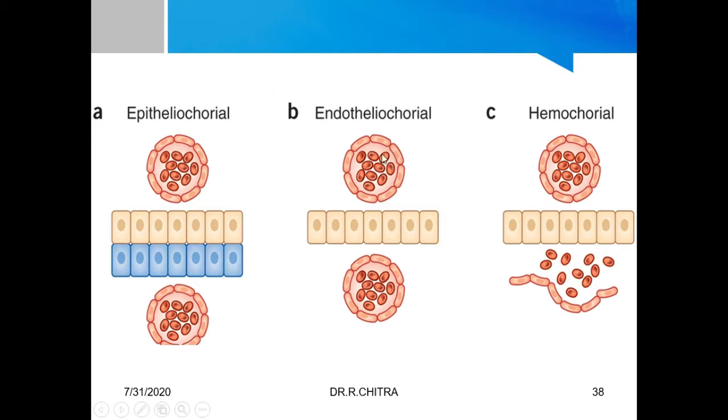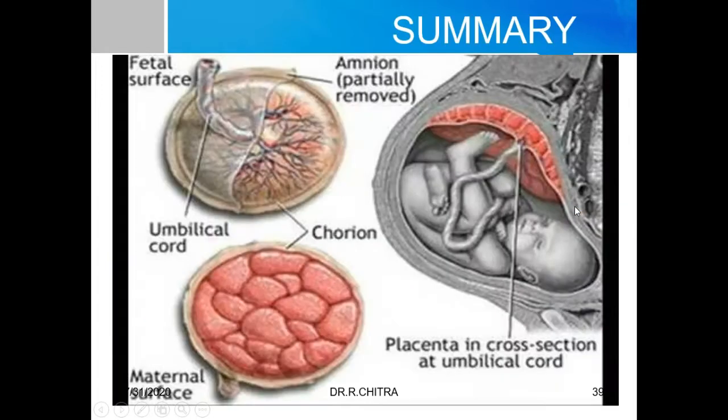Syndesmochorial is not given in this. Endotheliochorial is present in the dogs. This hemochorial is the human. Here this endothelium is also lost. Only blood is free in the maternal intervillous spaces, and this is the chorion. The advanced type of the human placenta, present in the rabbits, is the hemoendothelial. The trophoblastic cells of the chorion degenerate so that only the endothelium of the fetal vessels intervenes between the maternal and the fetal blood. So that is about the development of the human placenta.